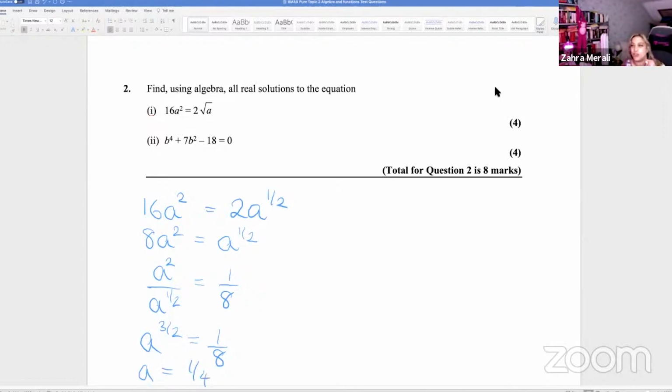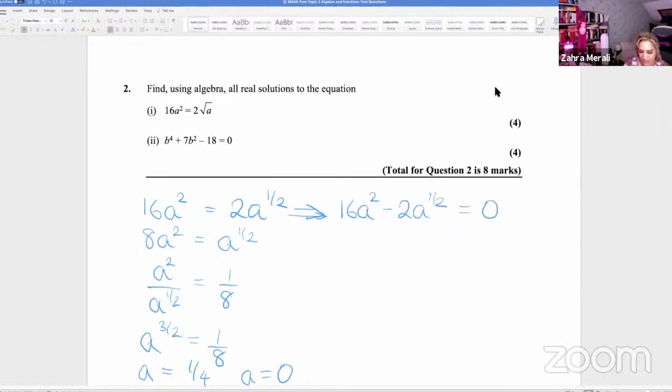Now, this would only get you 3 out of the 4 marks because you haven't taken into consideration that a equals 0 is also a solution. So whenever you divide by a function, you've got to think about it. The proper way to see that would be to put everything on one side. So you could have taken it at this point here. I could have put everything on one side,